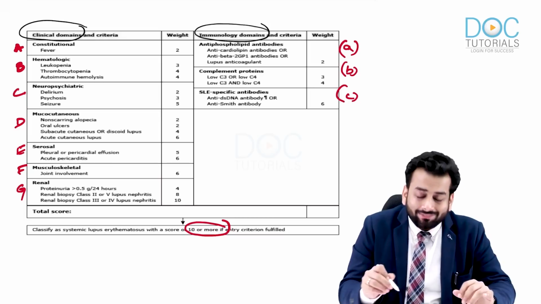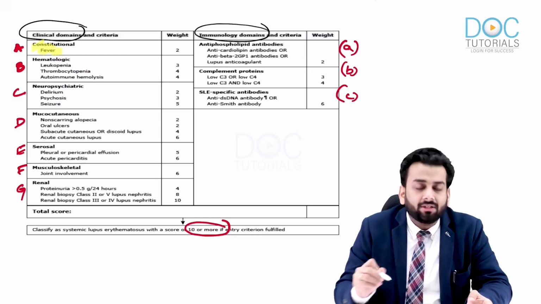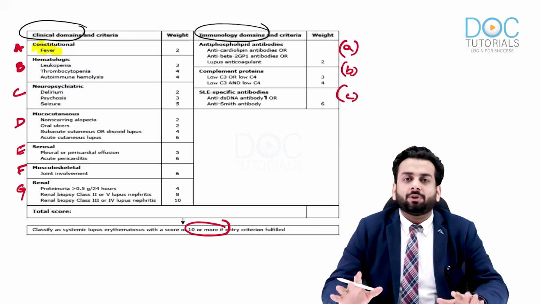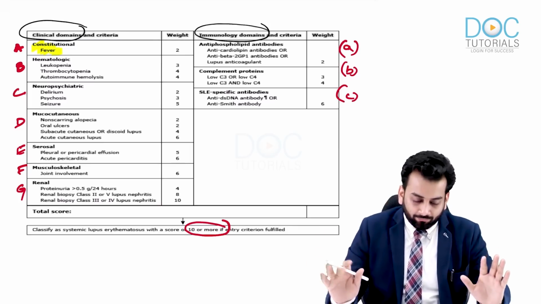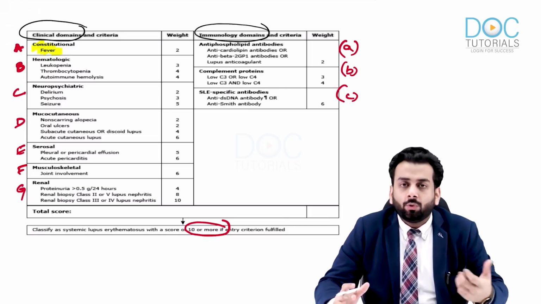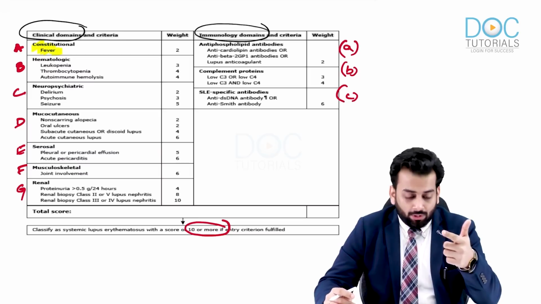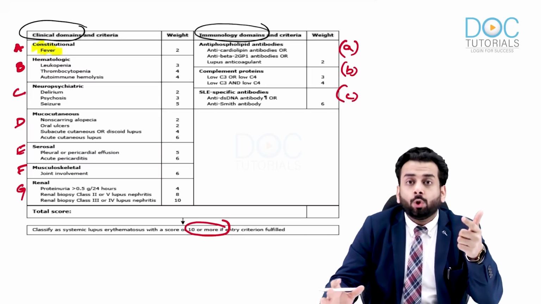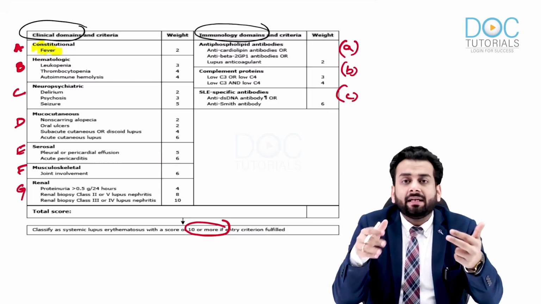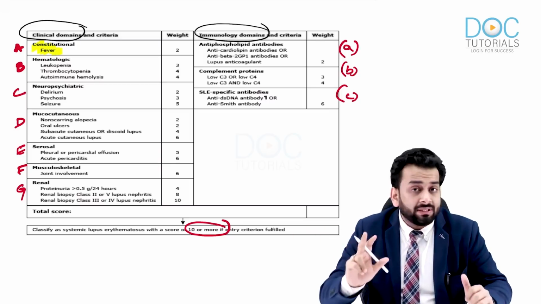A new inclusion that you must have noticed, which was not there in the previous SLICC criteria, is the inclusion of fever, which is the most common constitutional symptom, the most common presenting symptomatology an SLE patient presents to you with, with a weightage of 2 points. So let us again recall the points. The very first thing is the inclusion of a mandatory entry criteria. Number 2, the points have been divided into domains, and there are further sub points. Thirdly, inclusion of a constitutional criteria, that is fever, in the clinical criteria, which was not there previously.